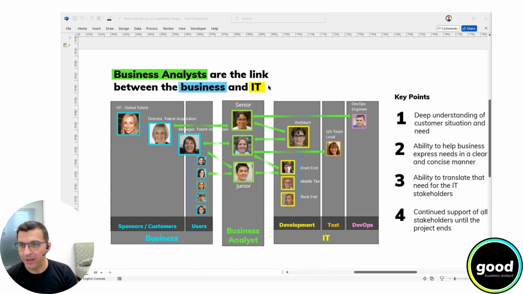So the concept here is one that floats around a lot, and it is essentially put out there by a lot of people who are trying to explain what a business analyst does. The illustration is meant to give you a deeper understanding of what that actually means. All right. And so when you look at the illustration, you'll see that we have the business analysts in the middle here that are essentially acting as the go-between between the business side of the company and the IT side